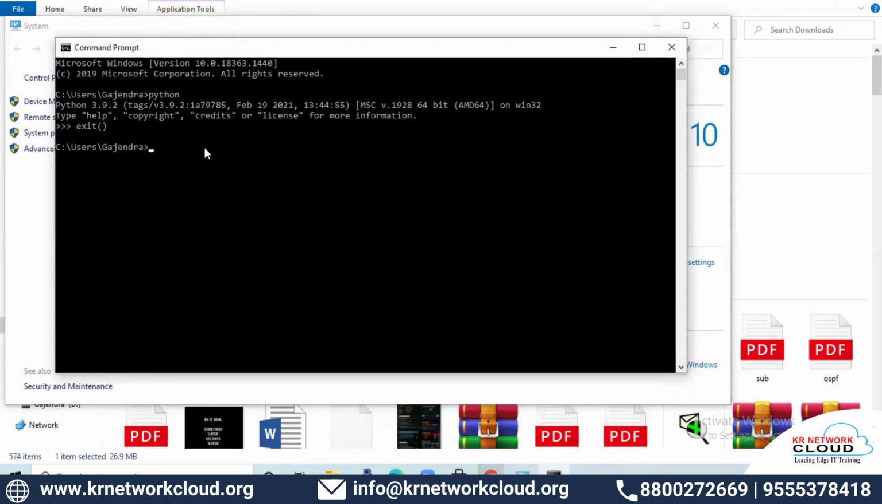Now how will we install any Python module? To install any Python module, write python -m pip install and your module name, whatever module you want to install. Suppose I want to install matplotlib. For that you need to be connected to the network as well. So once you press enter on this matplotlib,